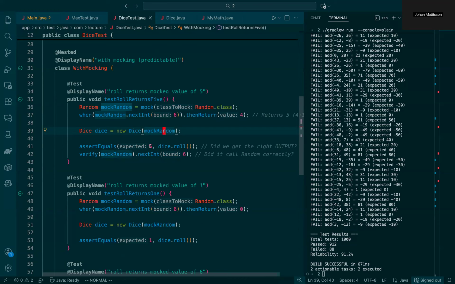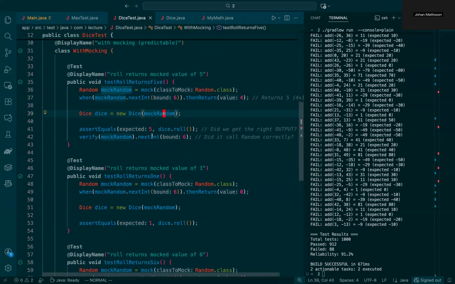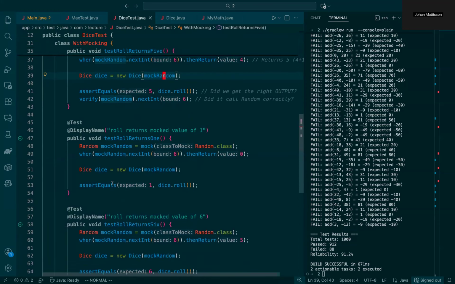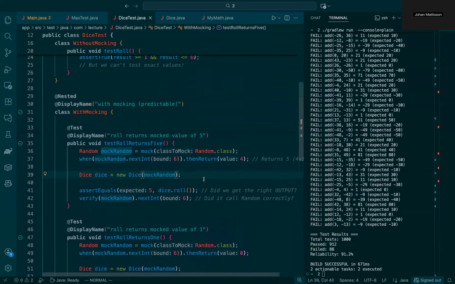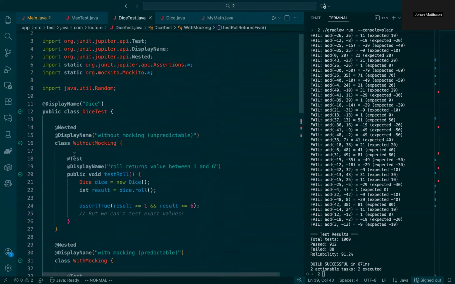And we can also verify that it called random correctly, for example. So yeah, it did. So we can construct a few tests around this. What I wanted to show as well is here that display name is the name that is outputted in the test in this case. So without mocking is the one that I think, if I run